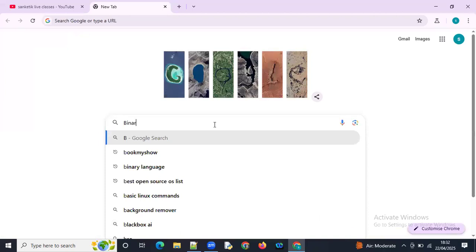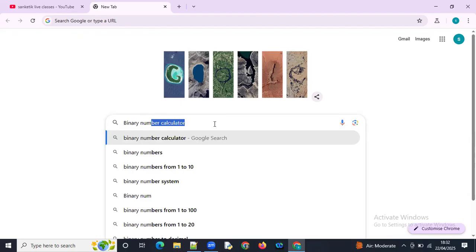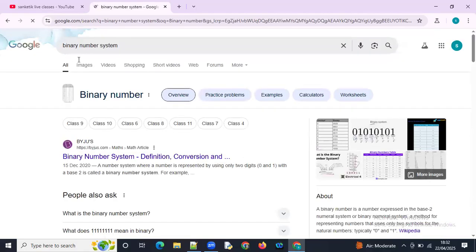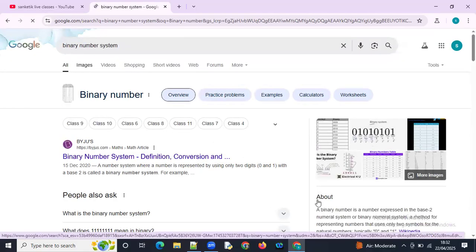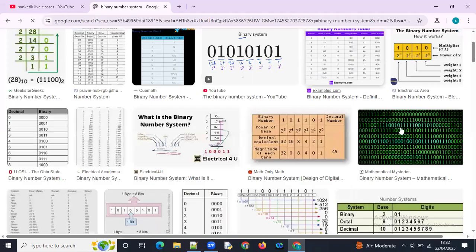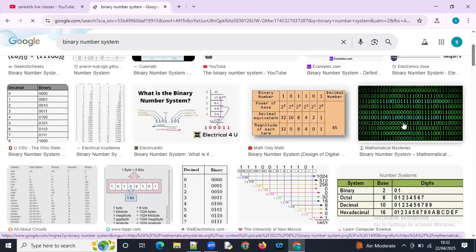Just wait, give me a minute. See here, 10101. If you give input, it will convert it. This is one of the best images to show you an example.